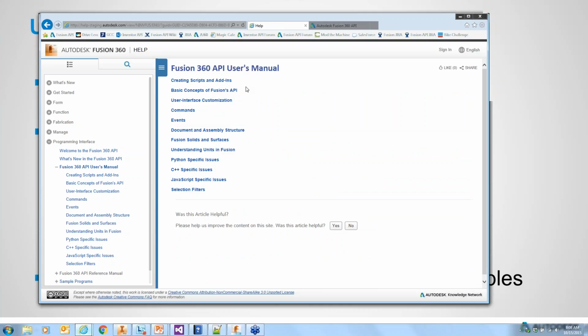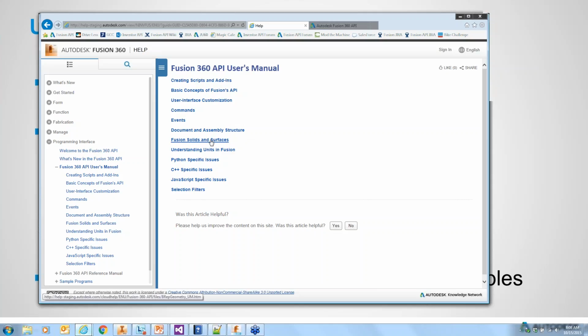So how do you create a script or add-in? Some basic concepts, what is an object model, what are collections, all that stuff. User interface, how do I add buttons into the user interface, how do I create commands, use events,